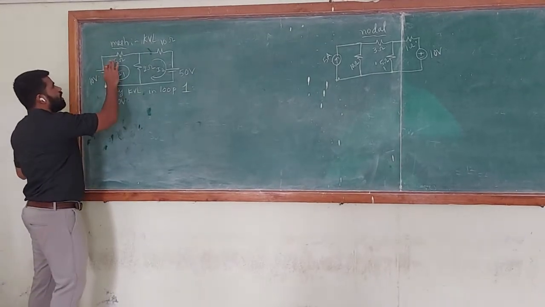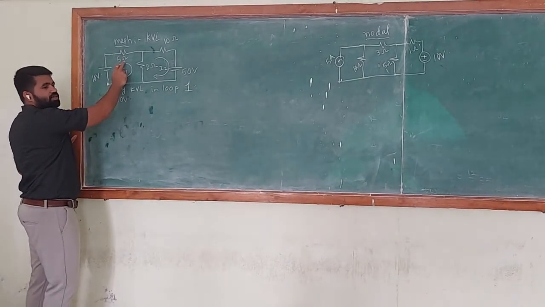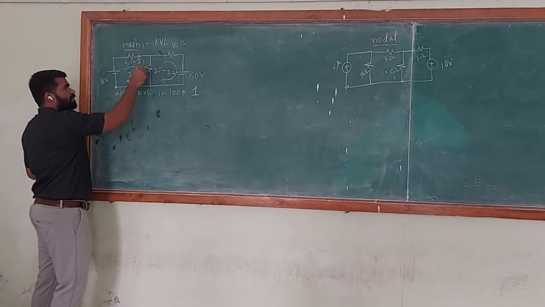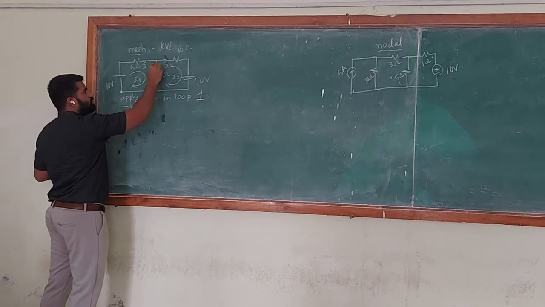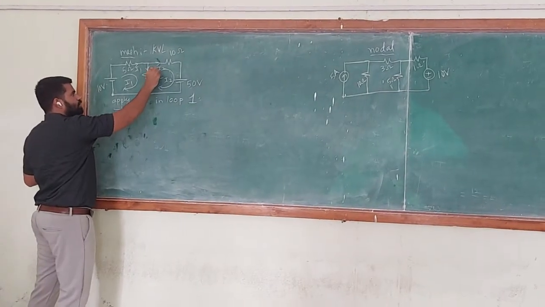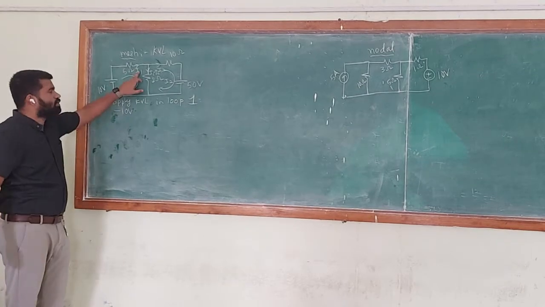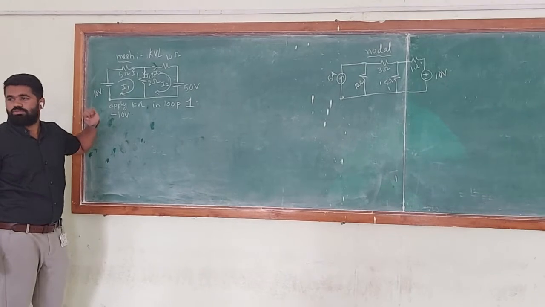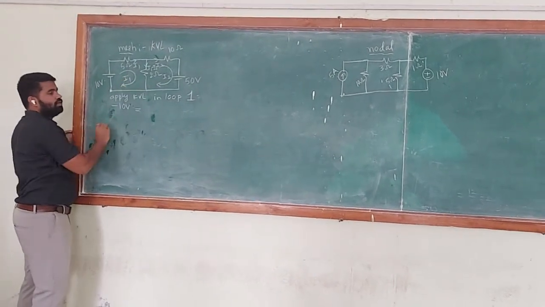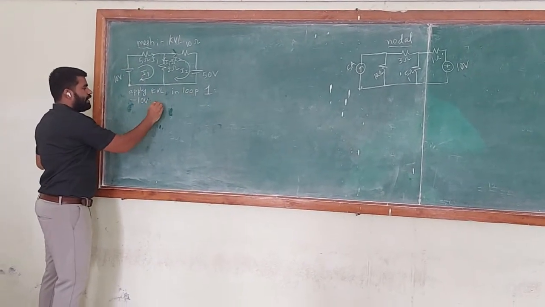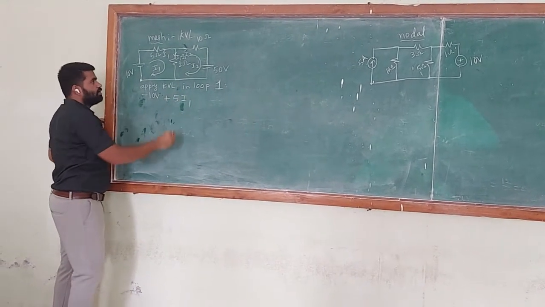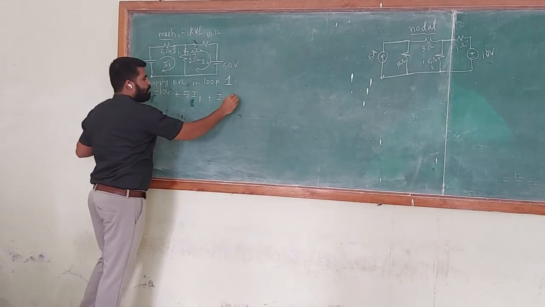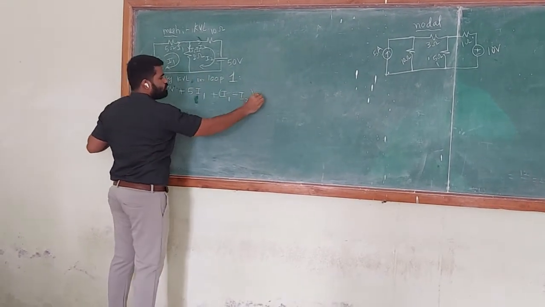Easy. Now I am again entering into the 5. What is the voltage drop here? I1 into 5, isn't it? How much current is flowing here? I1. Here I2. In this one, I1 minus I2. From KCL we know how much current is entering, I1, and how much is leaving, I2. The result is I1 minus I2. Now tell me, plus 5 I1. After completion of this element, how much current is flowing here? I1 minus I2, into 2.